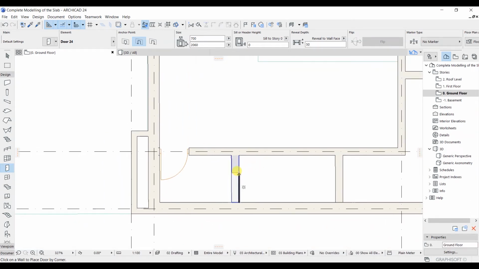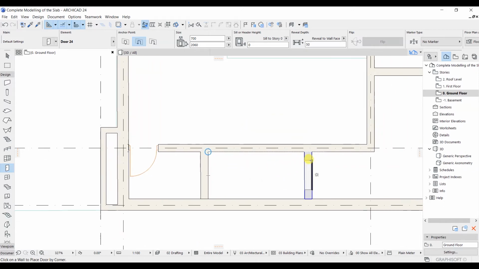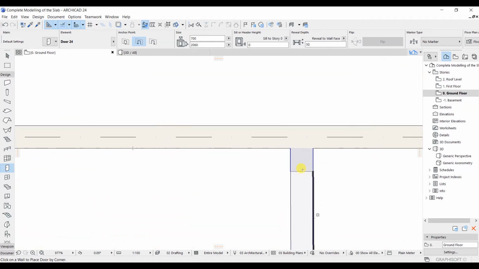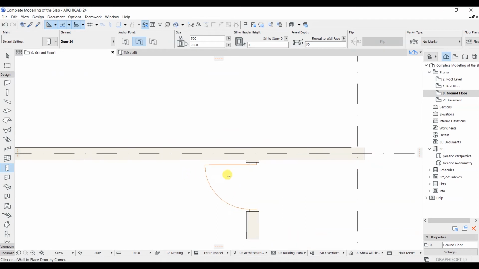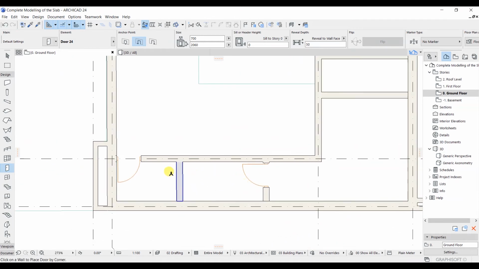So now let's say you want to add a door here. You simply need to go ahead and do a click here. So let's place the door here. Okay, now let's simply click on this edge here, just like that. Let's zoom in a little bit and simply click here. Okay, so now you can see that we have successfully created the door, and now you have to choose the opening. So I will choose this side. So as you can see here, we have successfully modeled the door on this side and on this side.